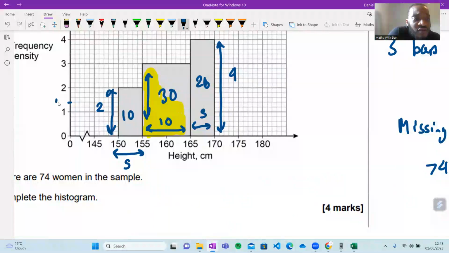So this is going to be 1.4 right here. So therefore, you just draw a line like this. I'm just going to rub this out like this. Remember, you need to complete the bar, so make sure you draw it on the actual question. So it's going to be like this here, like that.